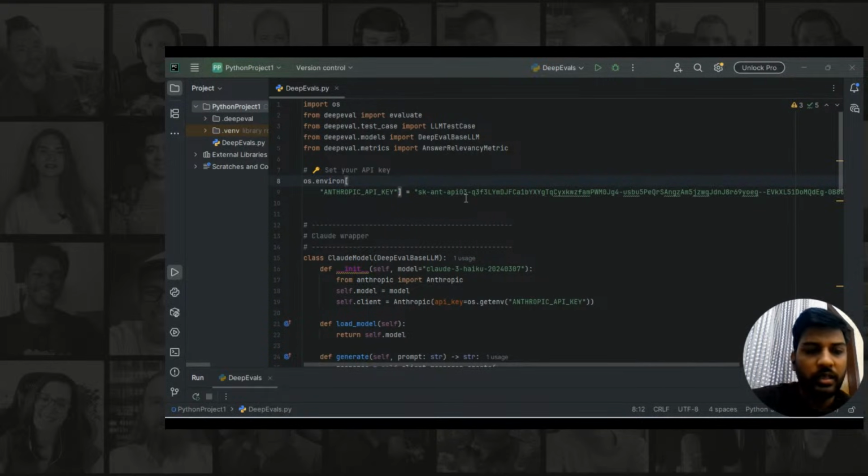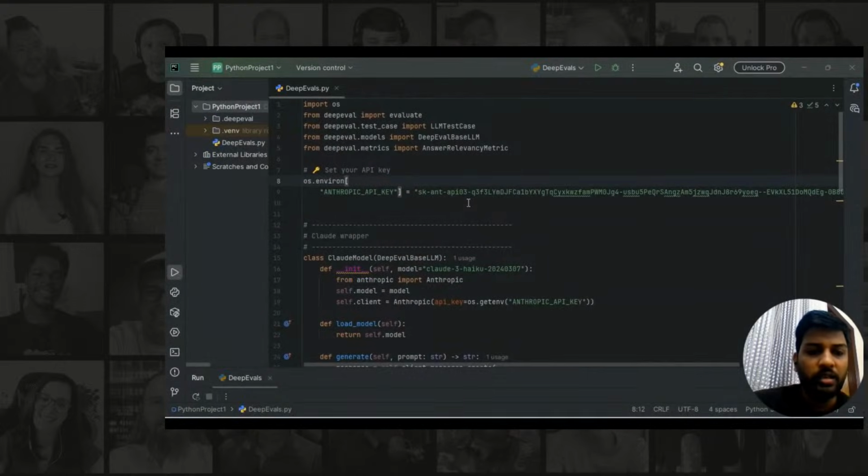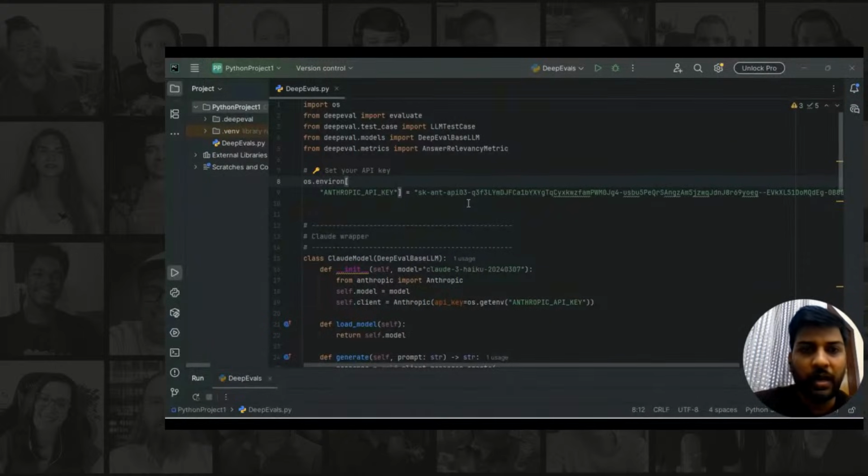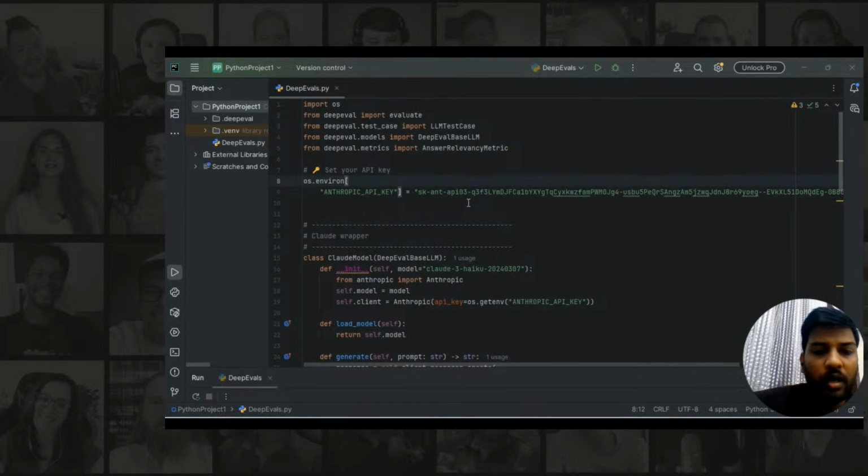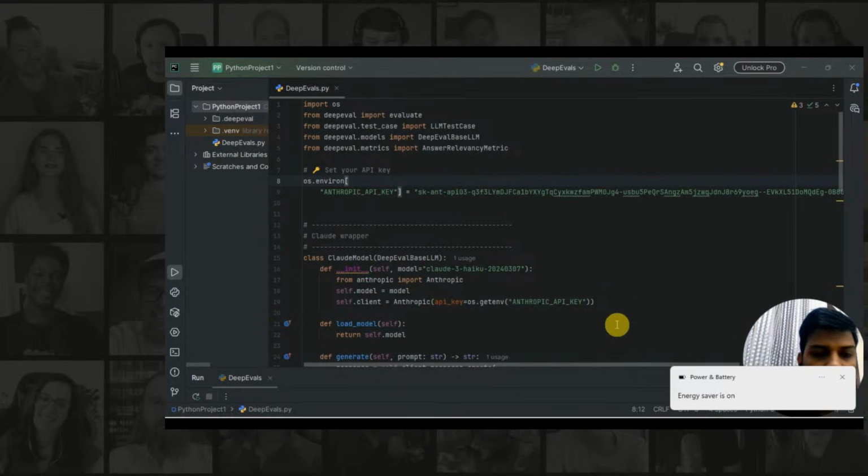So the first thing is a quick background: DeepEval is an open source Python framework specifically designed for testing LLM applications. It provides built-in metrics like answer relevancy, drift calculation, etc., which we can apply on the LLMs to test them. The key here is the LLM-as-a-judge approach. DeepEval uses another language model, an LLM, to evaluate a different LLM. While this might seem circular at first, research shows that advanced models like Claude are fairly objective at assessing quality when we give clear evaluation criteria. So in our demo, I'll be using Claude for both